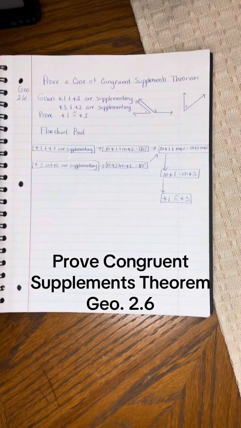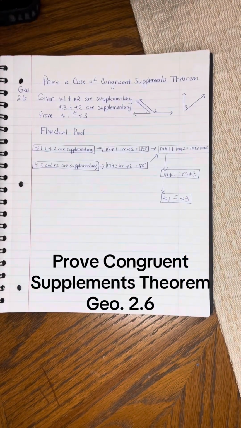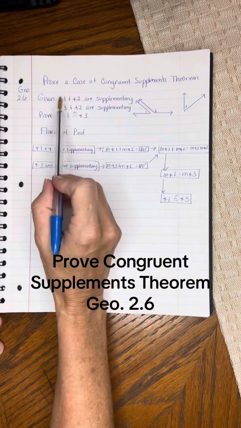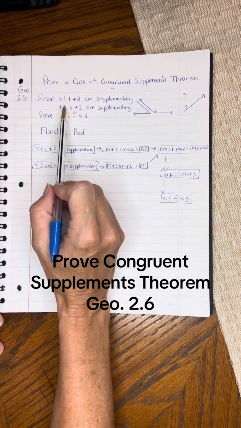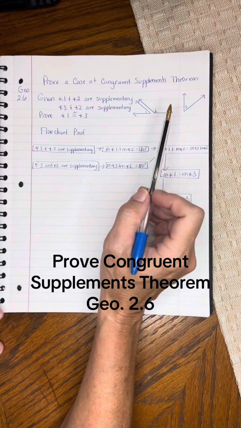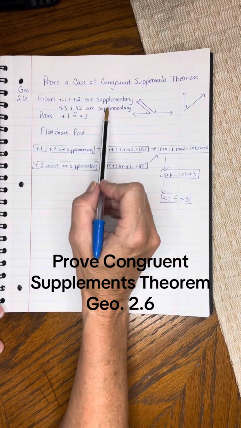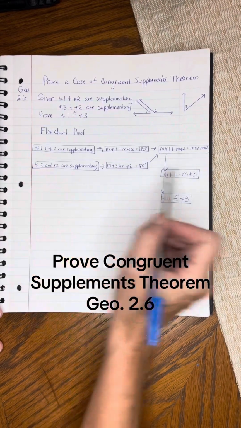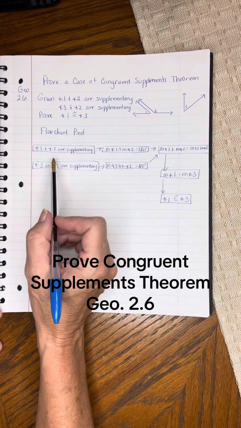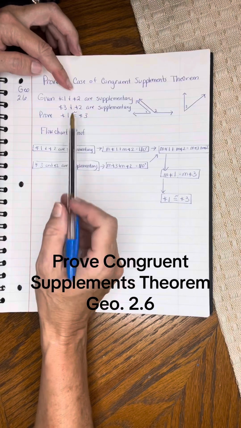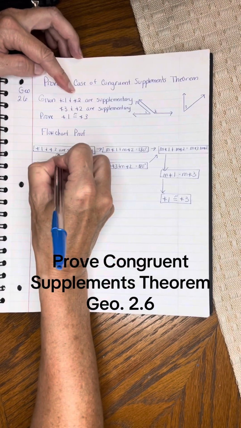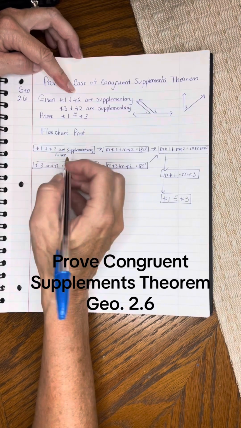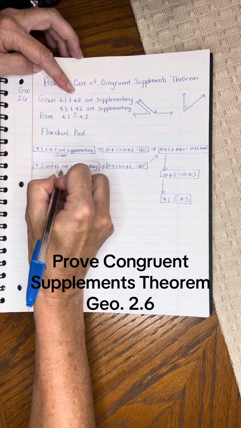So let's make a flowchart proof of the supplementary theorem here. We're given that 1 and 2 are supplementary and 3 and 2 are supplementary. Okay, so supplementary means they equal 180 degrees. We want to prove that 1 and 3 are congruent. We're going to do a flow chart proof on this one. We're going to actually take the givens and separate them. So the first one is given, and remember you write the reason up under the box,